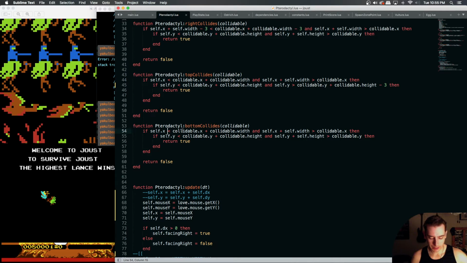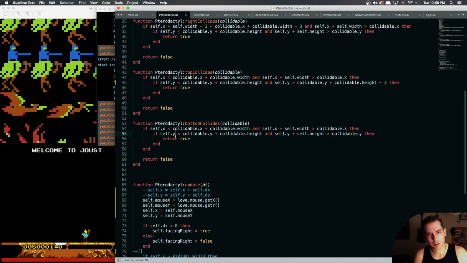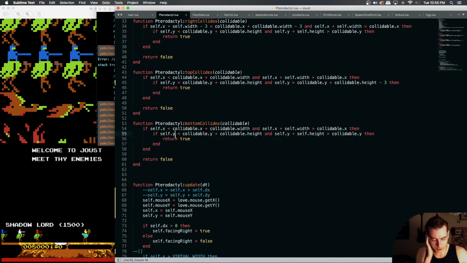So, checking to see if the left side of our pterodactyl is smaller than the right side of our collidable. The right side of our pterodactyl is greater than the left side of our collidable. Those are both right. Then we're seeing if the top of our pterodactyl, the top, see, look, that's why we're messing up there. We want this to be the bottom